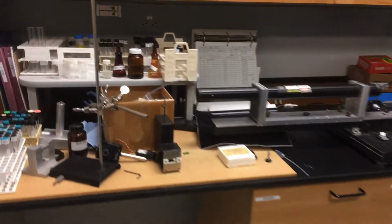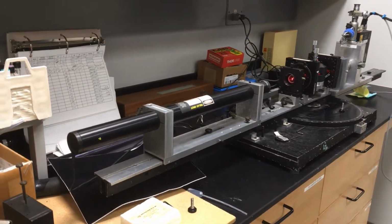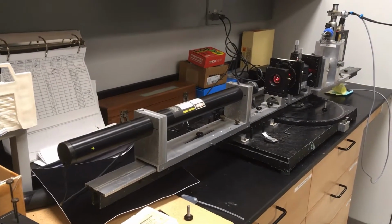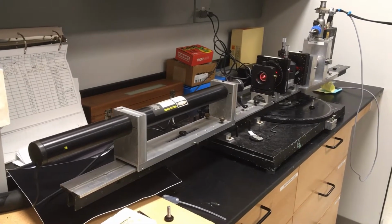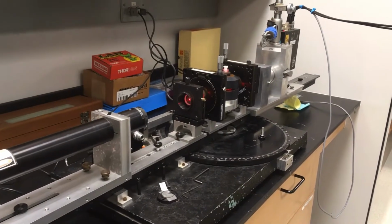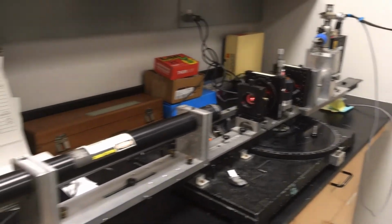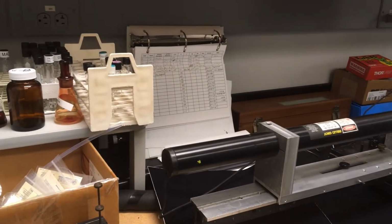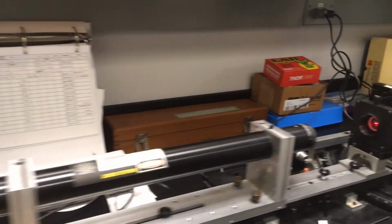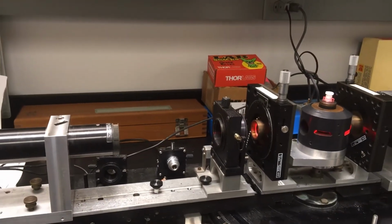Over here is the experiment that we're going to run today. This is a zero-angle depolarized setup, and you can see that there's a laser aiming at a sample. And its detector is clear at the back, and it really is zero angle, and you could wonder why the detector isn't being blown up and destroyed by the laser. And the answer to that is that we have crossed polars placed in this experiment,